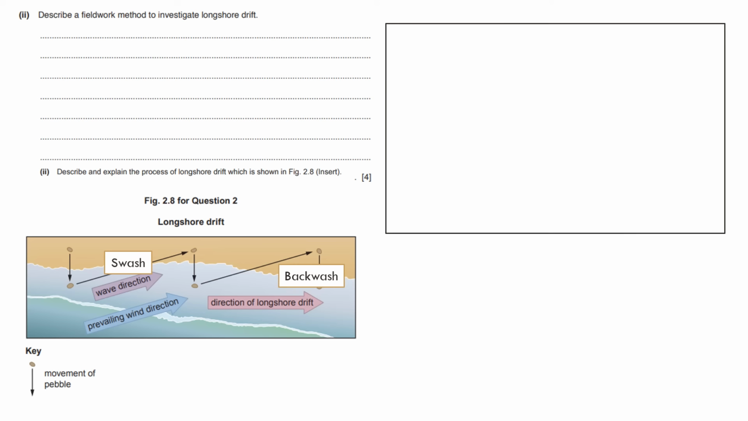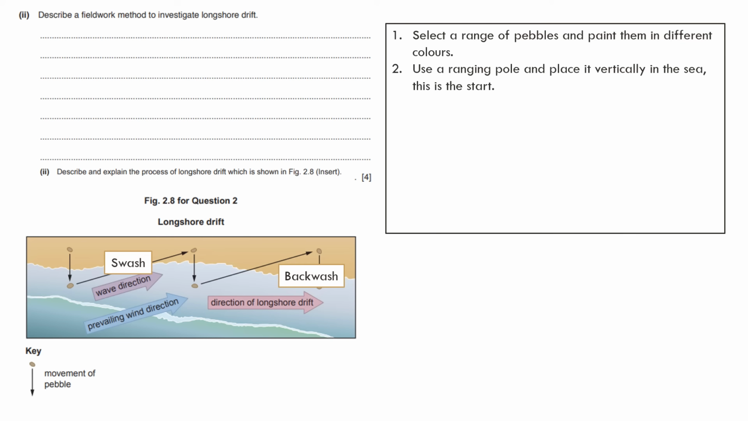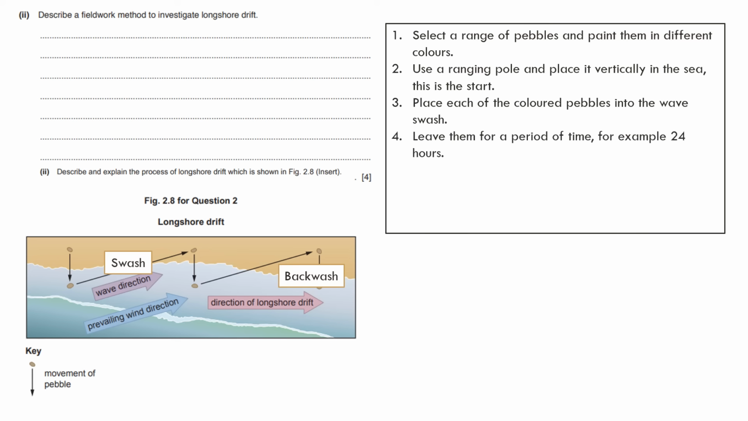I've taken this back from a previous section about how to go about collecting the process of longshore drift. What this is, because this is really important, you would select a range of pebbles and paint them in different colours. You would use a ranging pole and place it vertically in the sea. This is the start. Place each of the coloured pebbles into the wave swash,